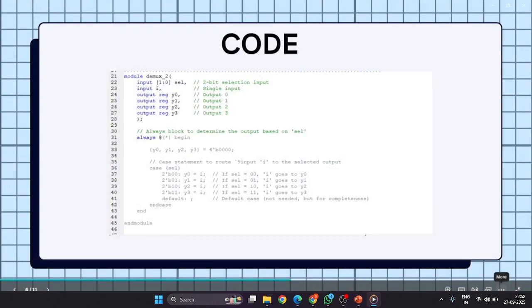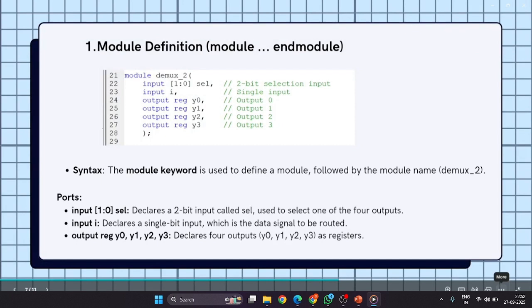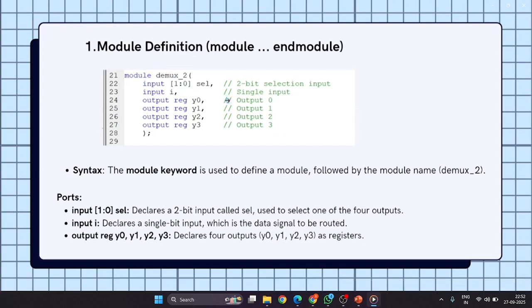This was the code for the 1:4 demultiplexer, where it indicates the input as I, and the select lines as 2-bit. This is the module definition. Syntax: the module keyword is used to define a module, followed by the module name. There are two select lines, four outputs, and one input line. The 2-bit input called sel is used to select one of the four outputs. Input I declares a single-bit input, which is the data signal to be routed. Output reg y0, y1, y2, and y3 declares four outputs as registered. We can change the output names and input